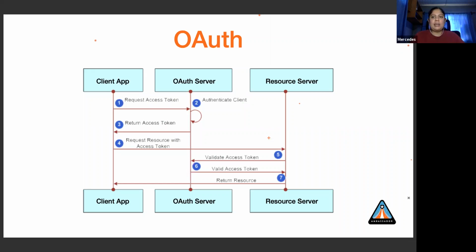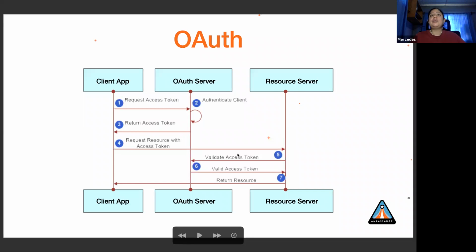So we can save the token in the shared preferences or in the new Jetpack DataStore, which in the future will be used instead of shared preferences, or also in a file that only we have access to. If we want to add an extra layer of security, we can encrypt that token, and decrypt it always when we send it to the REST server. And then what happens is that we take this token and now we will send this token to the resource